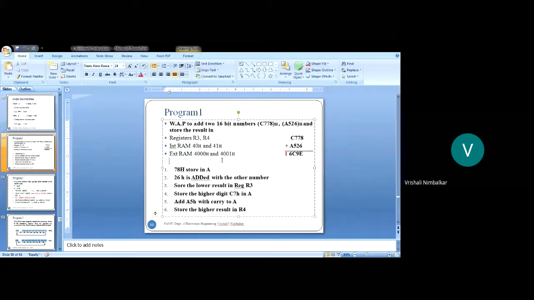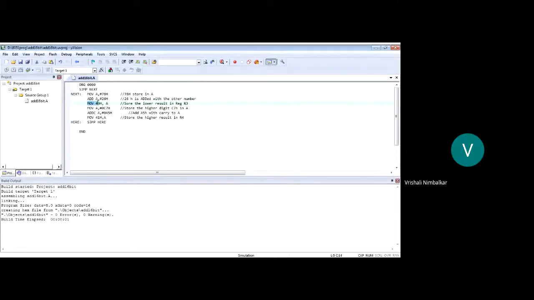Okay, students. So we are saving the result in external RAM. What modification will we do? Now this is external RAM, so the result should be stored in external RAM. Immediately you should understand it should be MOVX.